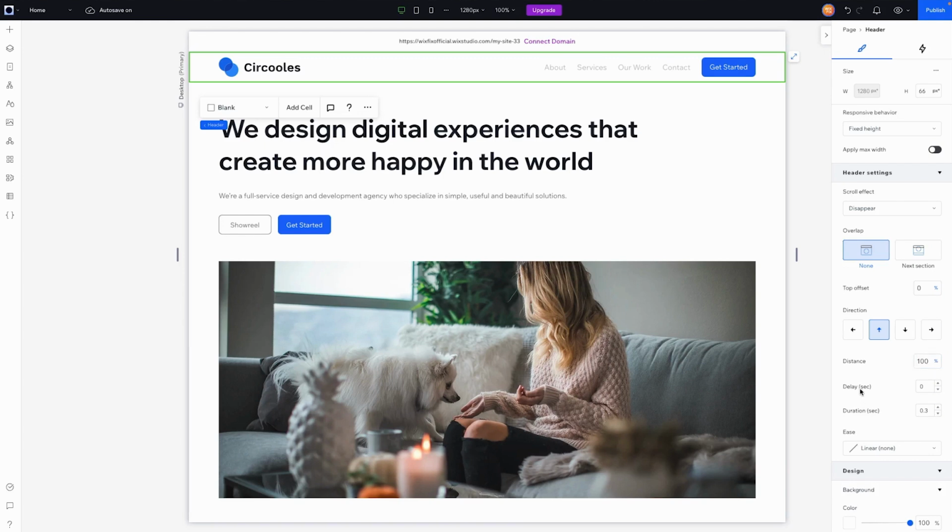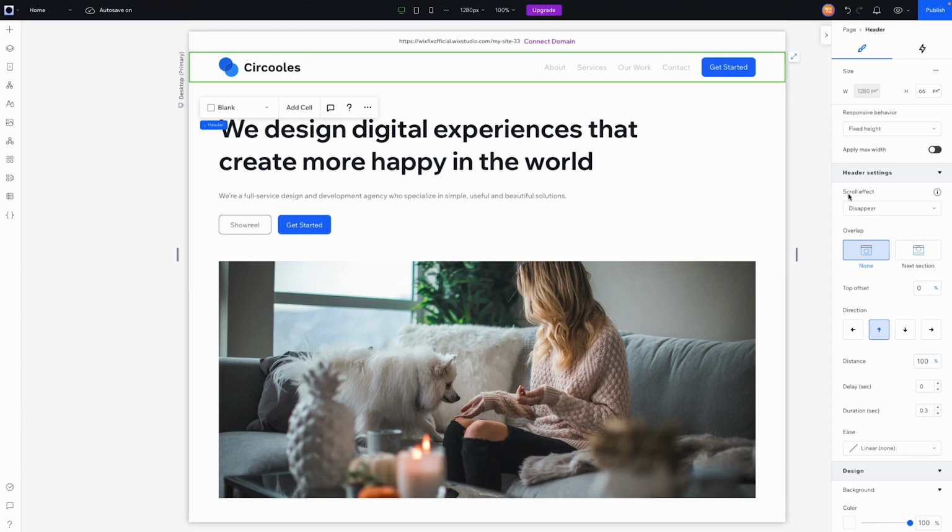But for now, I'm just going to remove the banner, set the distance back to 100%, and then for delay, you can just set this to like 1 second. If you think it disappears too quickly, you can add a little bit of a delay. You can even set the amount of time that it takes to disappear and reappear. And then you can set an animation ease in or ease out property there. But I'm not going to go too much in depth on those because I feel like they're pretty self-explanatory. The easing might be a little more complicated to explain, but basically it's the smoothness of the